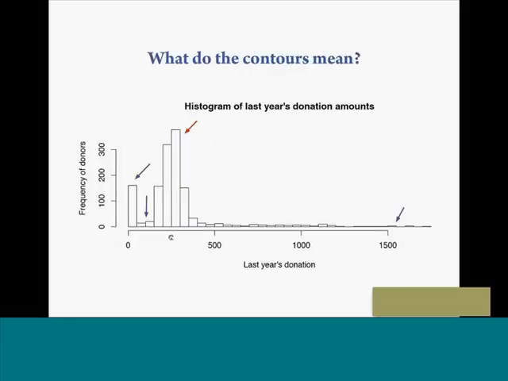Now, our next step with this histogram is to figure out how we interpret this thing. We've got all these humps. What do they mean? Because if you recall from the beginning, what we're trying to figure out is what is up with our database at the highest level. What are people doing? What were their gifts last year? And how do we make sense of that? So when we look at these different concentrations of people along the donation range, there are humps, and these humps are there for a reason. Something happened in the real world that accounts for these humps.